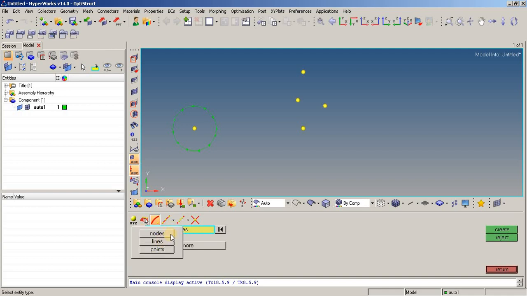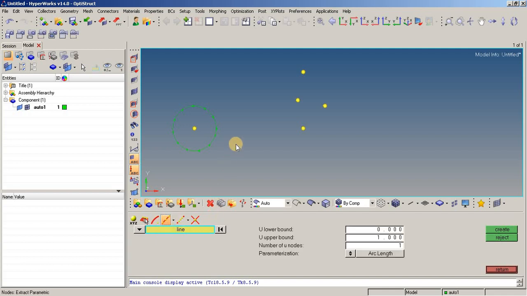So it can be the center by specifying lines, or it can be the center by specifying certain points, or you can specify certain nodes and the center of those nodes. So basically it is used to create a node at the center. So let us look at the next option, which is to create nodes, and this option is extract parametric option